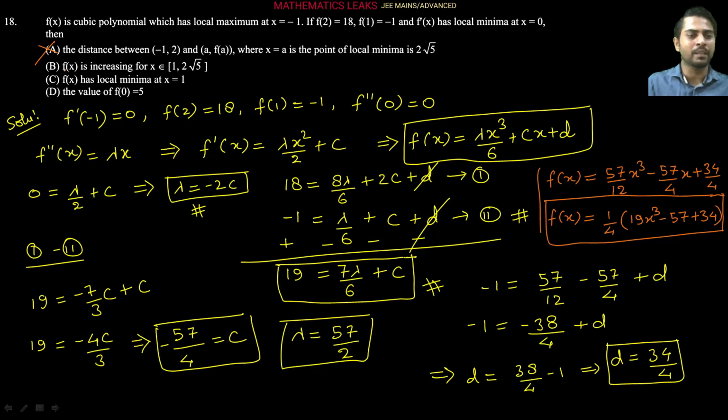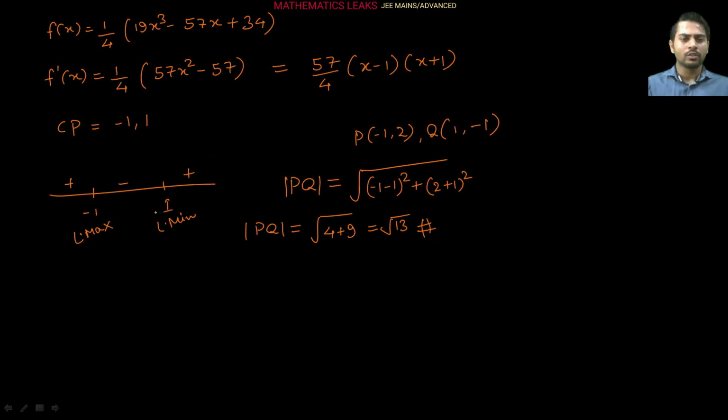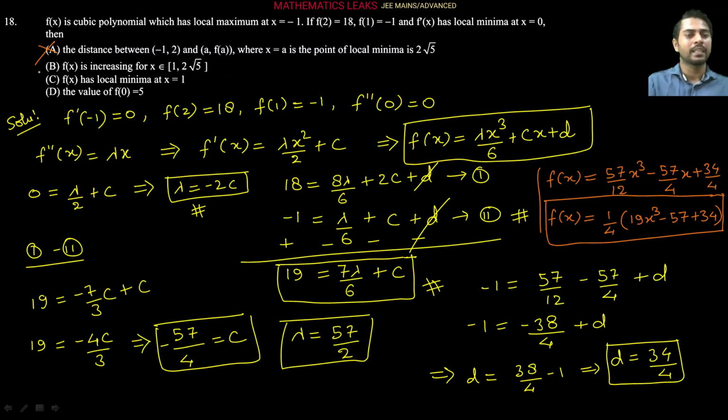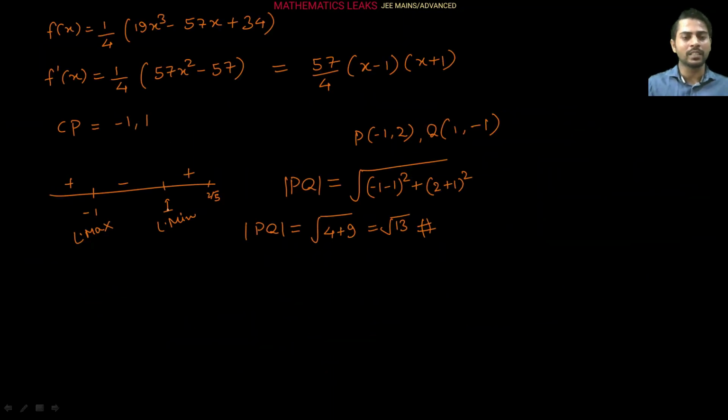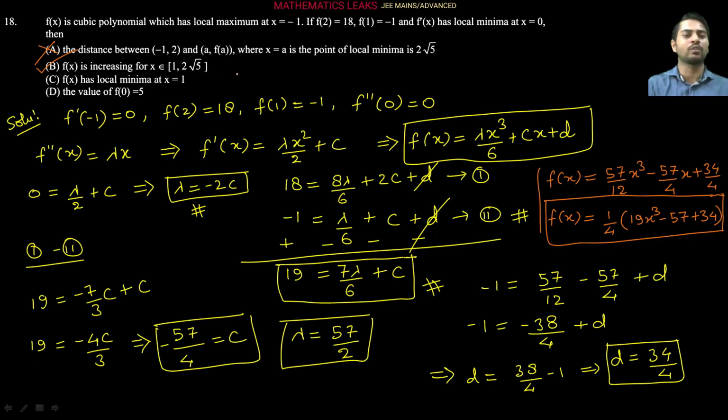And next it is saying option B, that f(x) is increasing for all x belonging to the closed interval 1 to 2 root 5. So 1 to 2 root 5, somewhere here is 2 root 5. After 1 it is always increasing, you can see here, correct? So the second option is correct here. Why? Because 1 to infinity it is increasing, minus 1 to 1 it is decreasing, and minus infinity to minus 1 it is again increasing, you can see from this wavy curve. So from there we can say 1 to 2 root 5 in closed interval it is increasing.